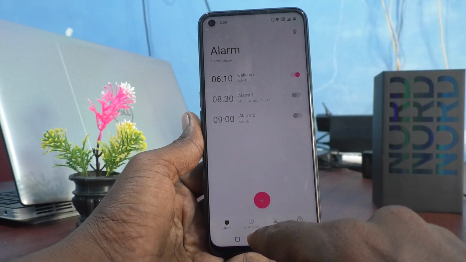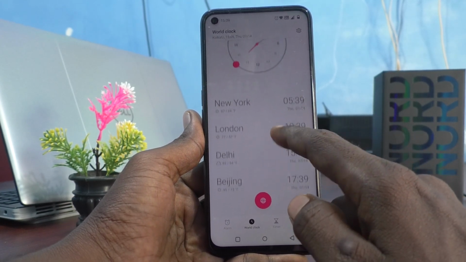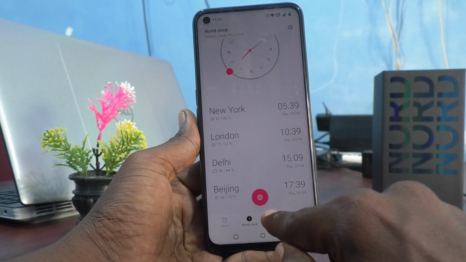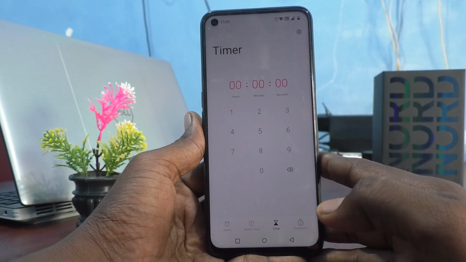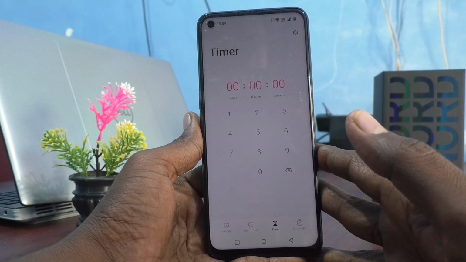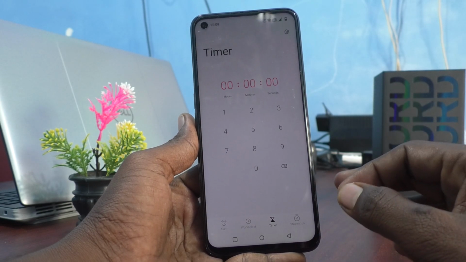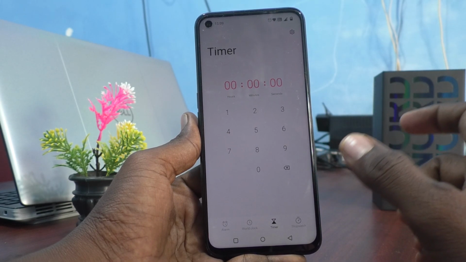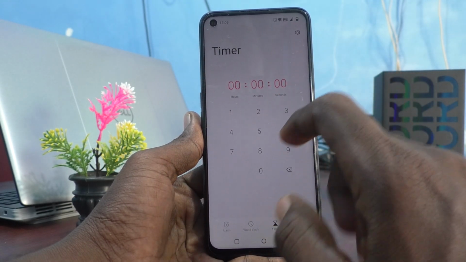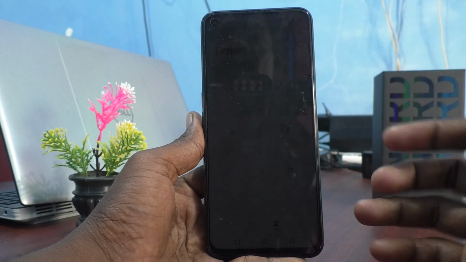And then the second one is world clock. Here you can see world clock. And the third one is timer. It will be very useful when you set a timer and that timer will be acting. For example, if you would like to set 30 minutes for a particular sports event, then you can just set 30 minutes and it will be going on in reverse order,